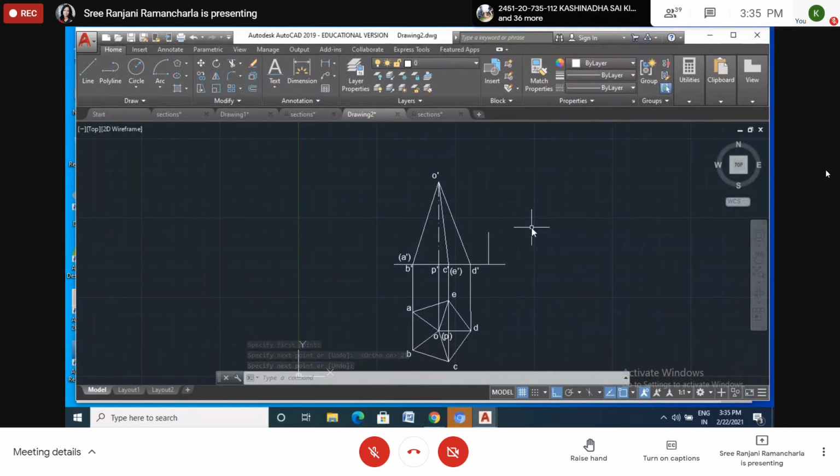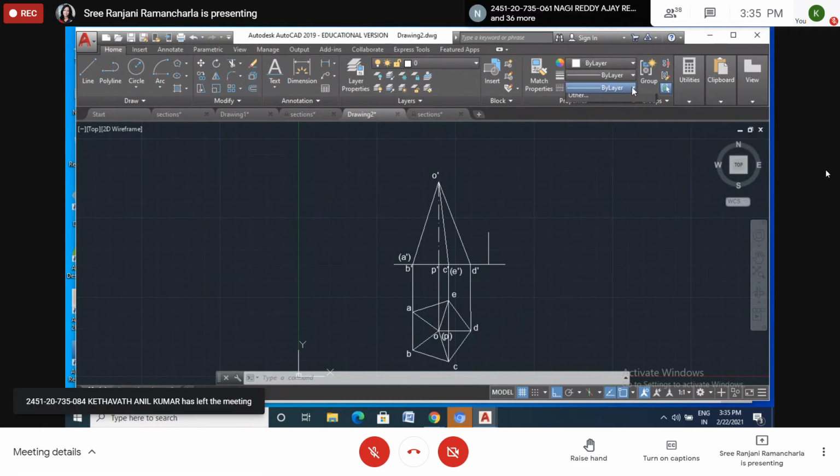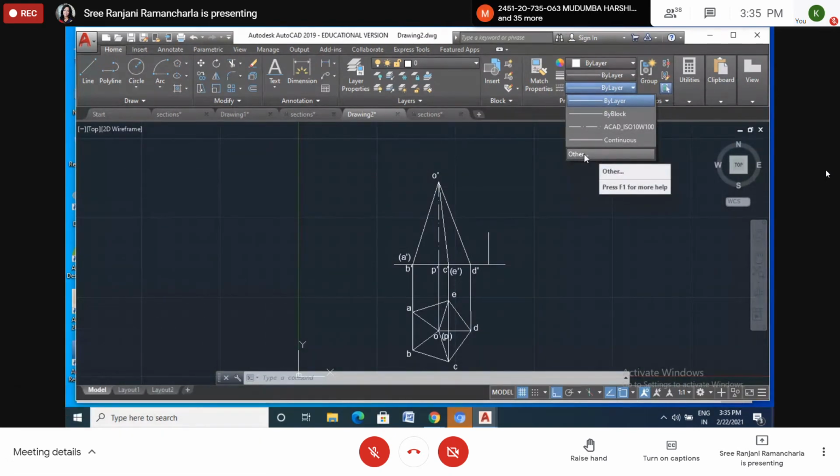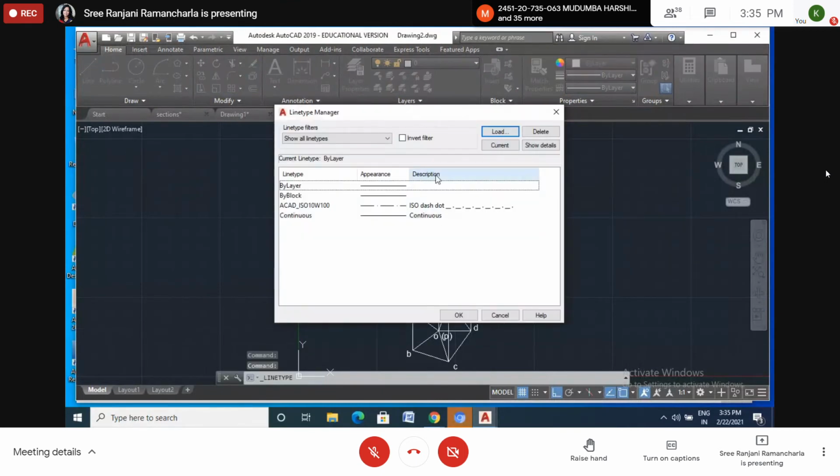Please open page number 38. You see the section given, BT. It is the vertical trace, or nothing, but if you extend it, it will become the vertical trace. BT is there. Within the figure the line is a thin line, and outside the figure the line is a thick line. So I will take this section line: one long dash, one small dash, one long dash, one small dash. Others are not there here.